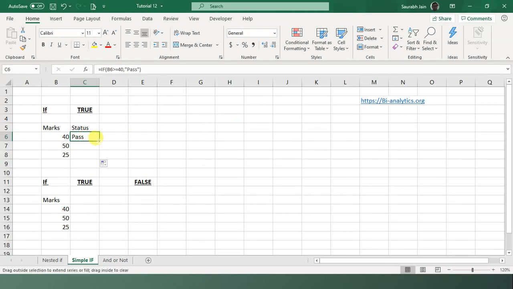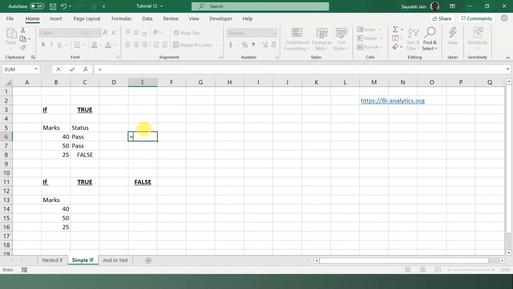I drag and see. It has shown that the condition is false. It has not written the answer we would have written if the condition were false, but it has told us it is false. This is the way it is done.